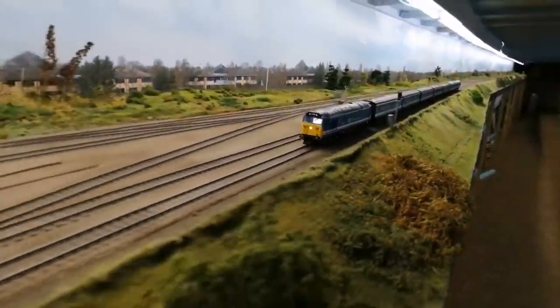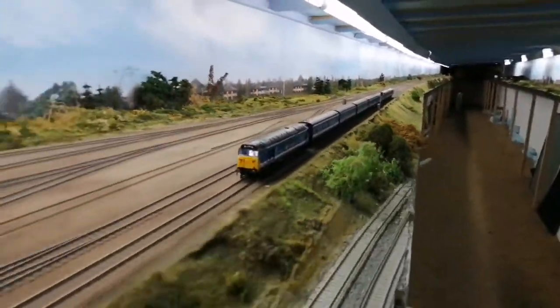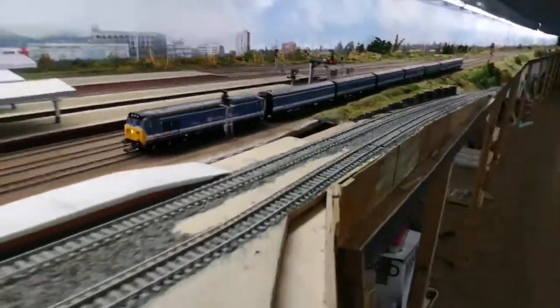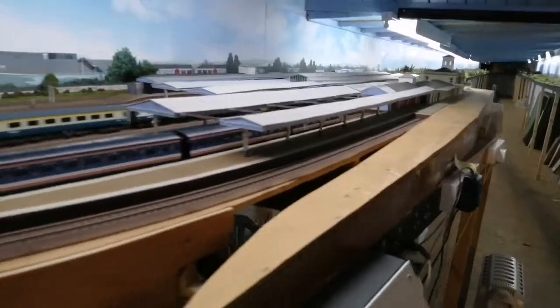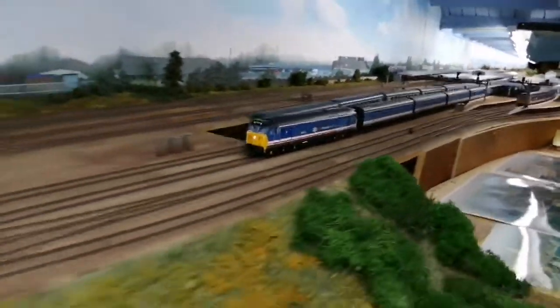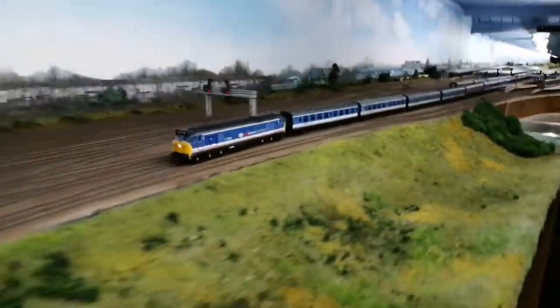But this is now approaching Reading, and you can see the tracks open up as the relief and the mains split and the electric lines come in, down through platform 4 as it was in the old setup, down through the station. There's the London set running through platform 5 on the up, and then we come down to Reading West Junction and take the Berks and Hants